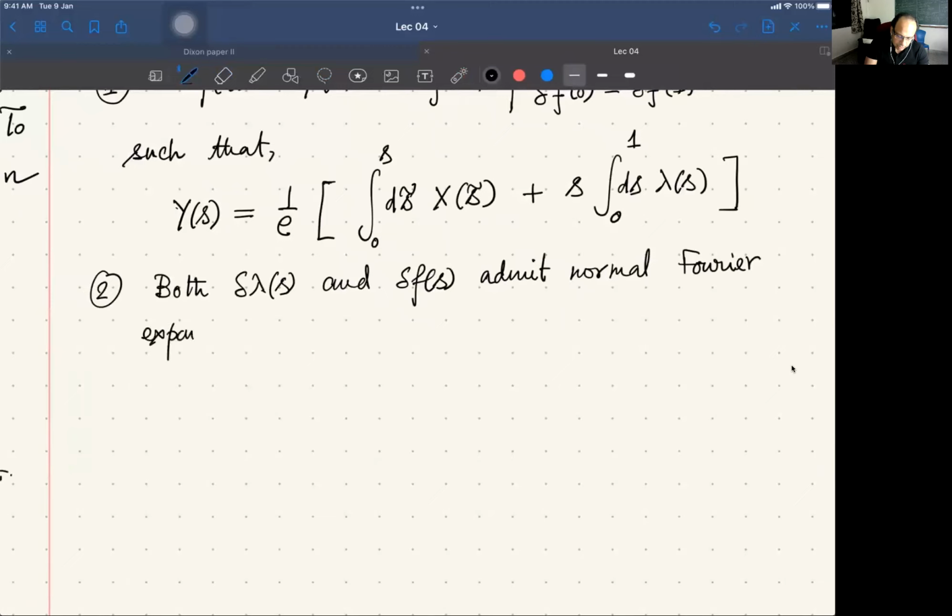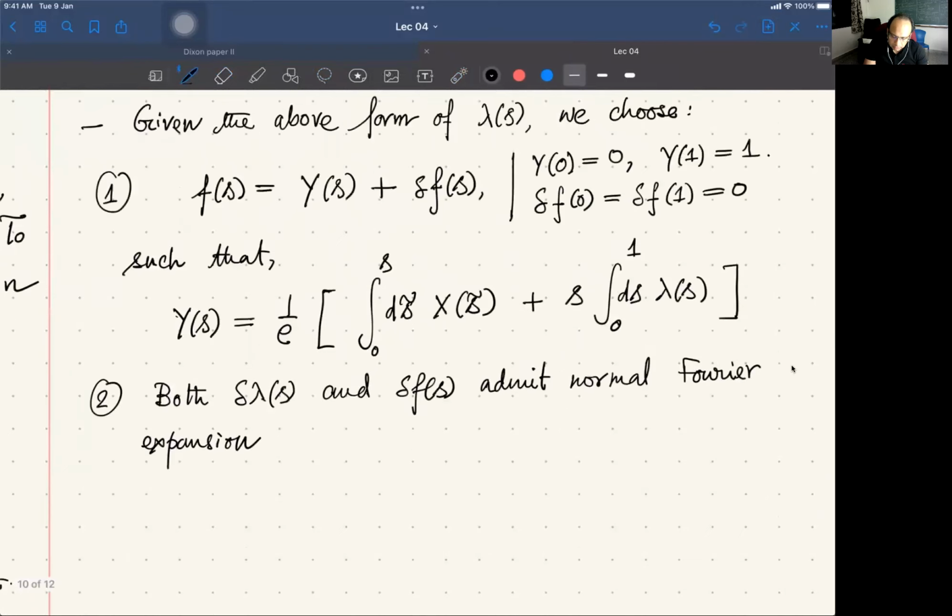By normal, I mean that the Fourier coefficients have normal growth, generic growth, not any special growth. Both delta lambda and delta f admit normal Fourier expansions, and